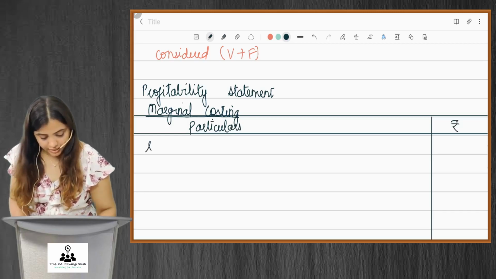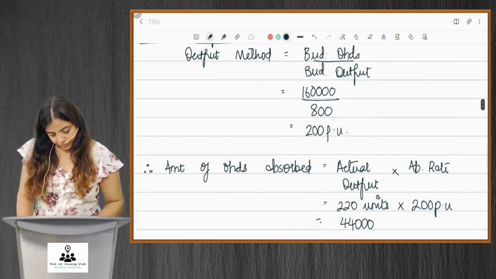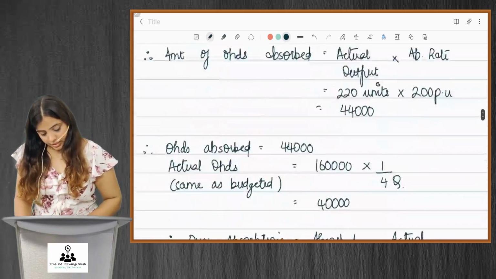We'll start with sales. Sales units are how much? It is 160 units